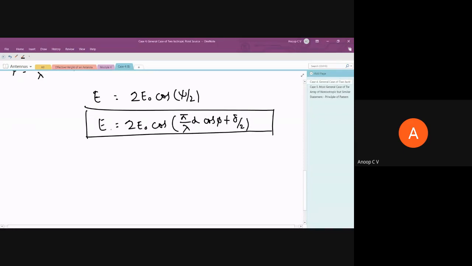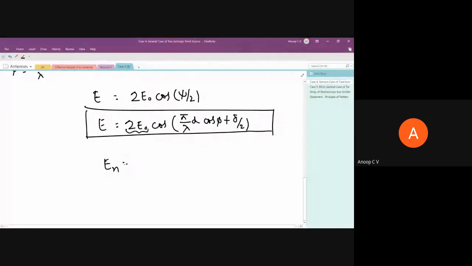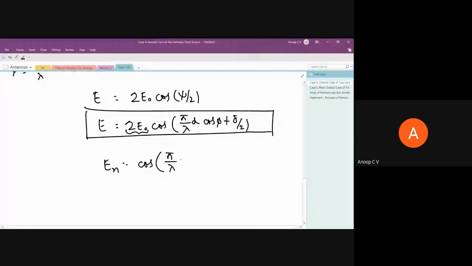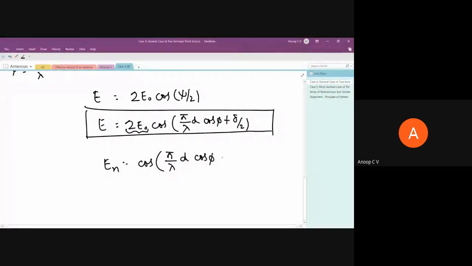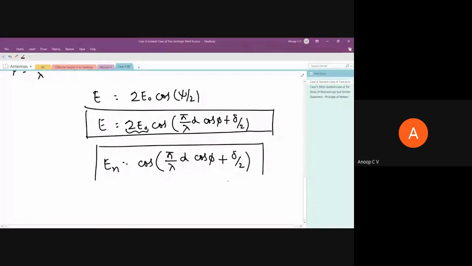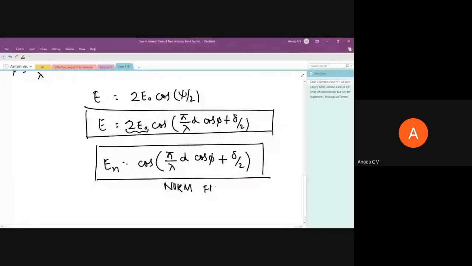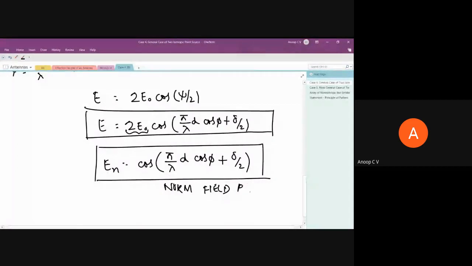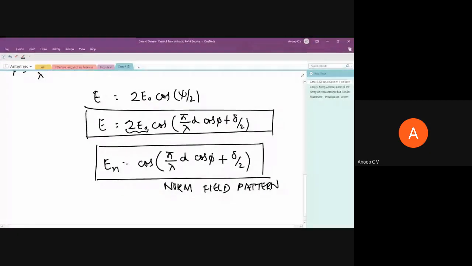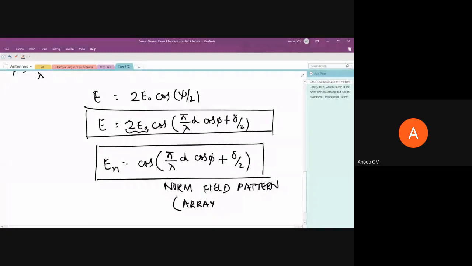And for the normalized field pattern En, I should make this 2 E naught equal to 1. So that will be cos of pi by lambda times d cos phi plus delta by 2. So this is the normalized field pattern. It is also called the array factor. Even though we have not used that term for case 1, 2, and 3,